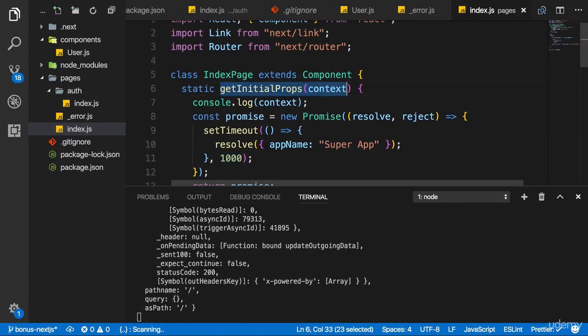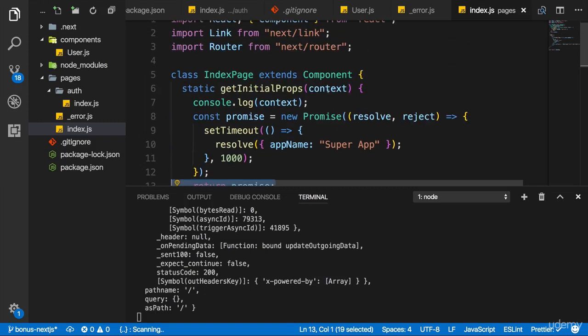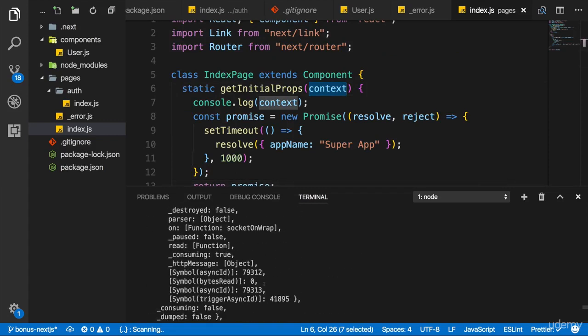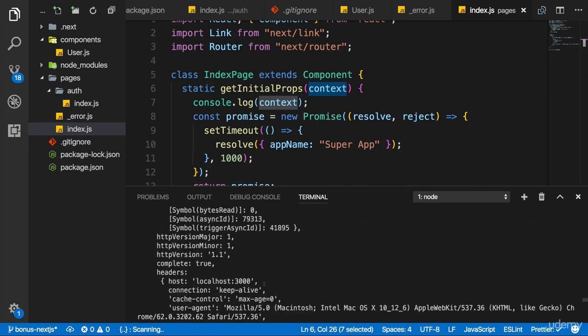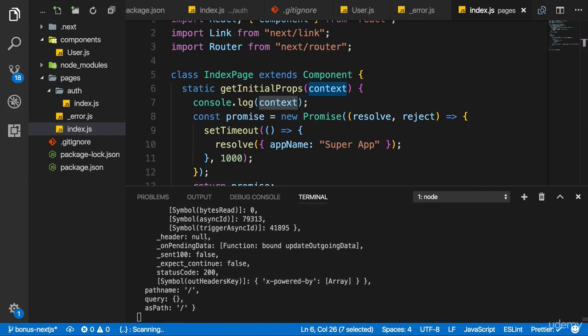So getInitialProps, super important, working together with promises, either promises written by you or returned by third-party packages. It'll wait for them to resolve and pre-populate your props. Now let's dive into that context we get here. We print it here with console.log and we can inspect it on the server since we loaded the page by simply refreshing it. Now it's quite hard to read that here because we see all the nested properties and so on.